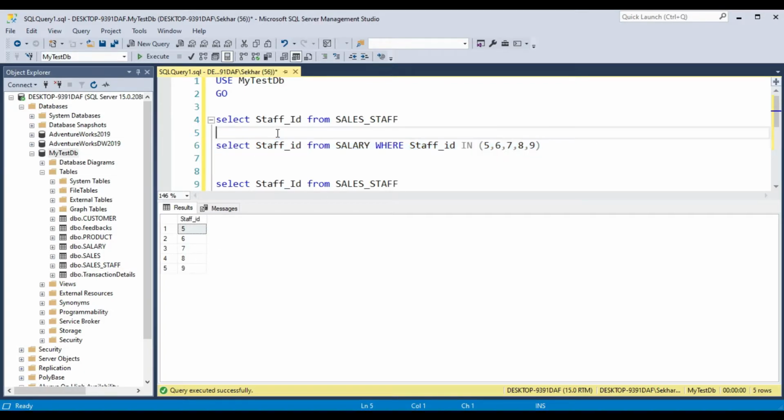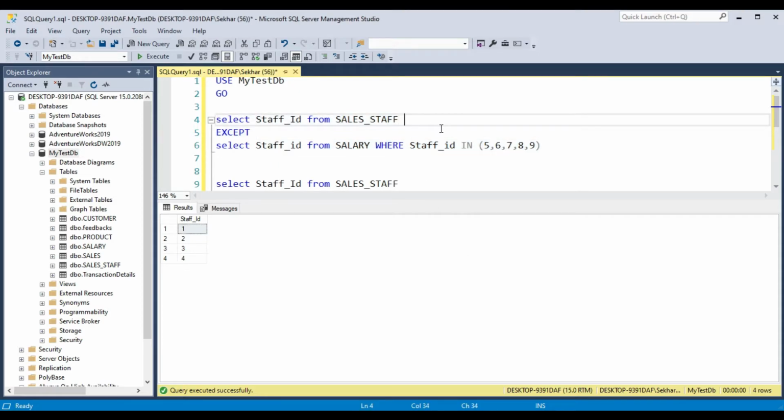Now if you write except here and run the entire query, you get 1, 2, 3, 4. As you remember, from the first query we are getting 1 to 9. Now we are not getting 5, 6, 7, 8, 9 in this result because they have been subtracted. So only 1, 2, 3, 4 we are getting.